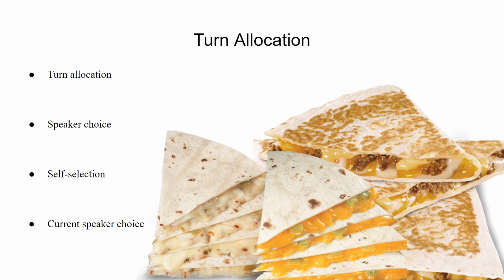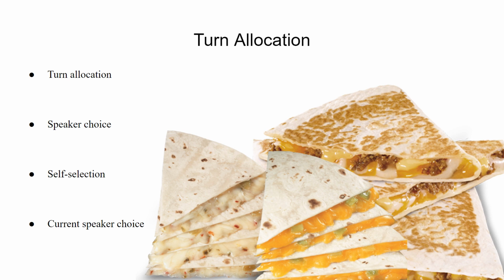As you may know, turn allocation is when a speaker chooses who talks next, someone selects themselves to talk next, or the speaker that is currently speaking will just continue to talk themselves. With that said, I think our group ended up using self-selection the most as we knew each other right from the start. This allowed us to know each other's tendencies before even starting this group, which was very helpful in helping us navigate when we were able to jump back into conversations.